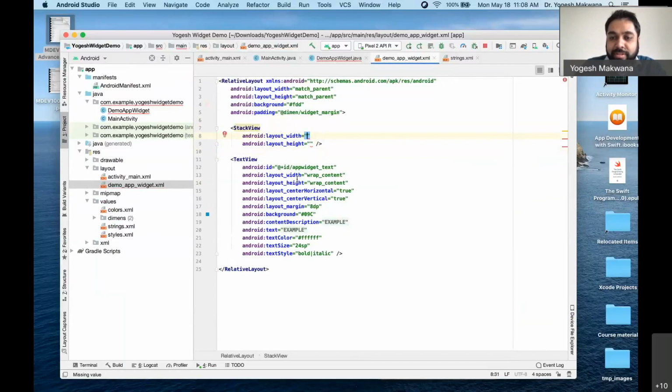What is the value we give it if we want it to occupy the entire space its container has available? Match parent. Correct. So we'll just say match parent, both width and height. And one of the things, if you want to change this, for example, from your Java code,